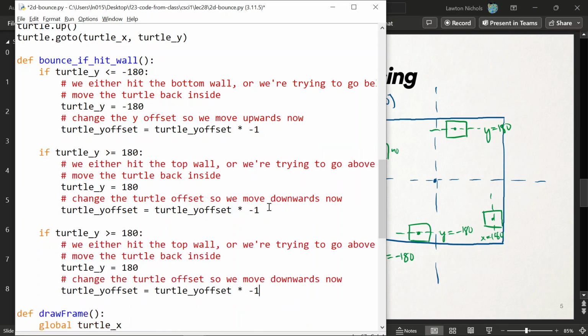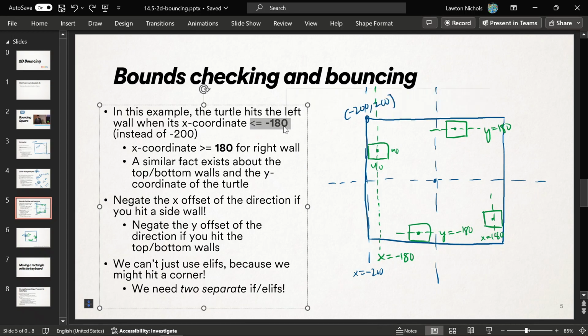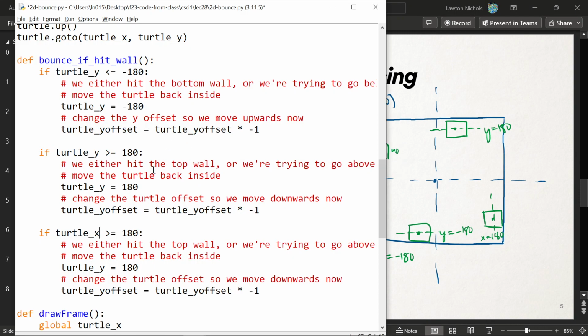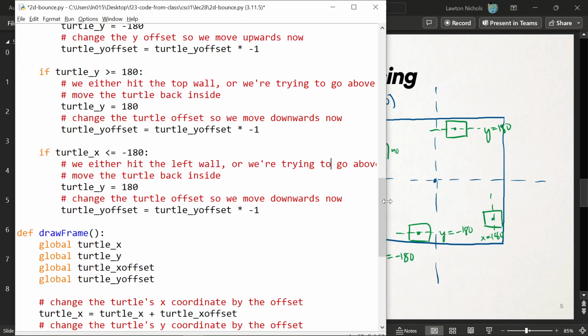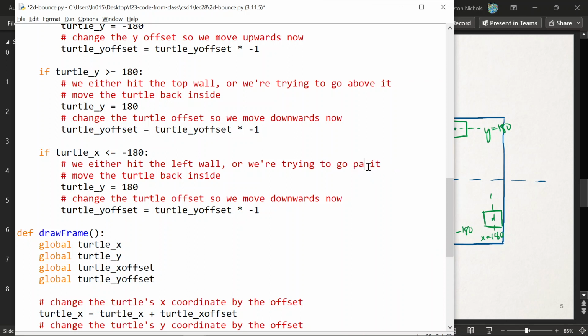So if the turtle's x was less than or equal to negative 180, that means we were over here somewhere and we hit the left wall. If it's less than or equal to negative 180, we either hit the left wall, or if it's legitimately less than, we're trying to go past it, let's say. And so let's move the turtle back inside in the x location,